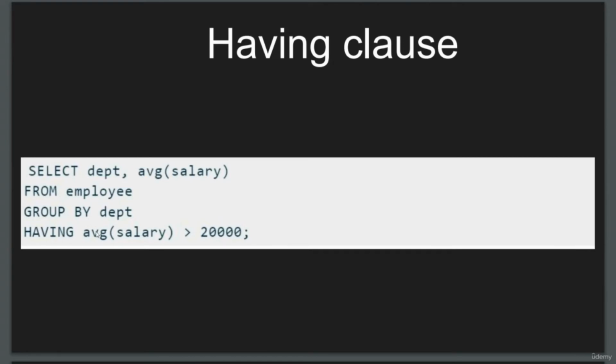As you can see here, having avg salary greater than 20,000 means it will show us all the departments where the average salary is greater than 20,000. So guys, that's all about the having clause,